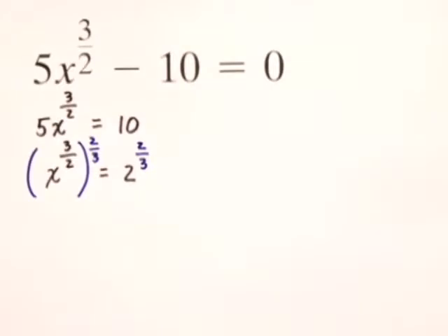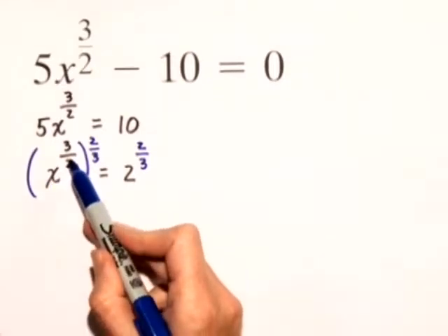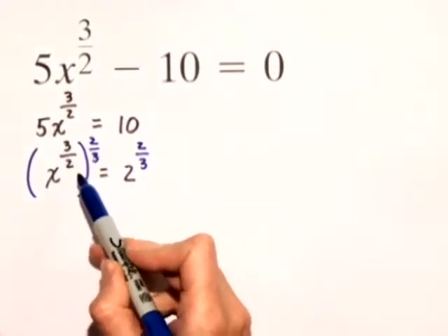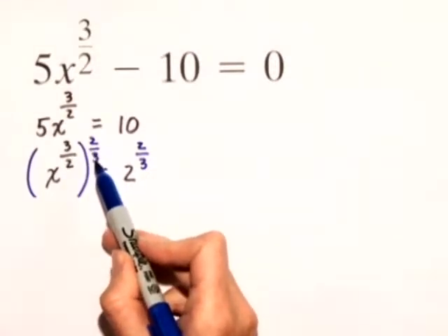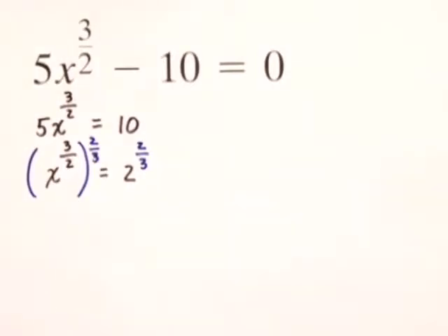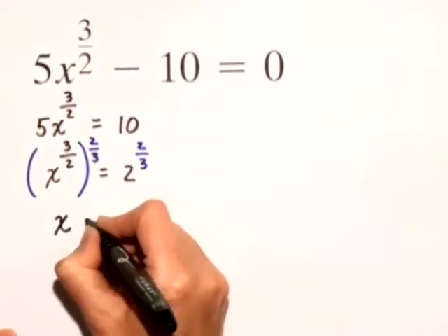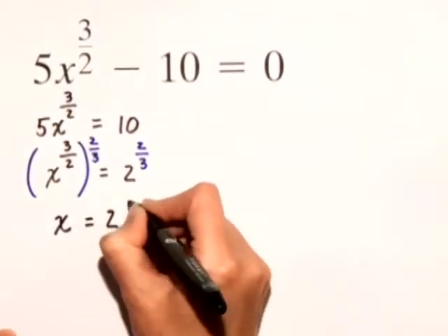The reason we're raising both sides to the 2/3 power is because of the rules for exponents. Remember, when you have a base raised to a power, raised to another power, you multiply those exponents. 3/2 times 2/3 just gives us 1. So therefore, on the left-hand side, we'll just have x to the first power, or x, is equal to 2